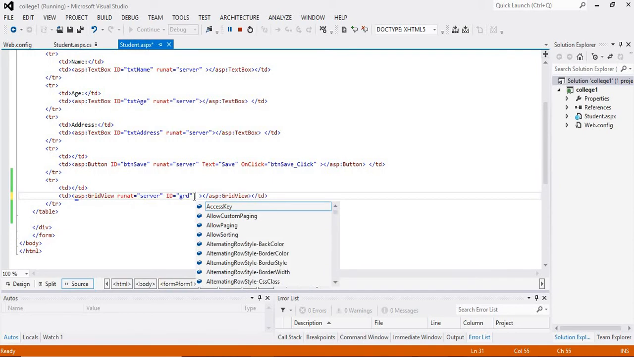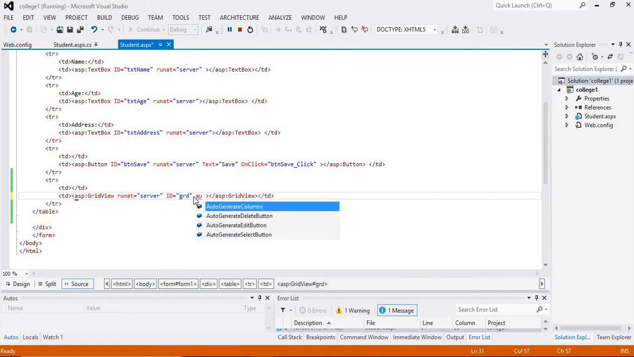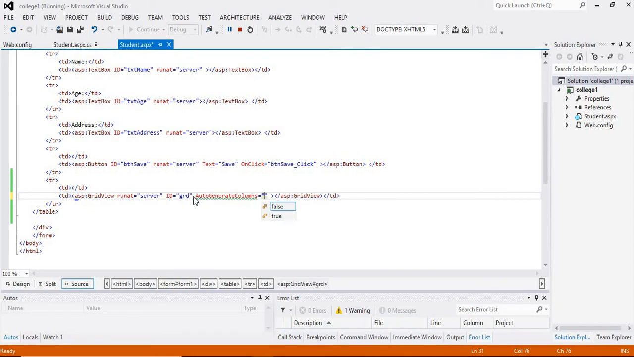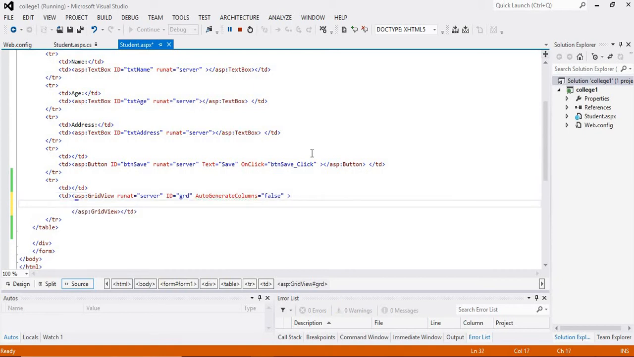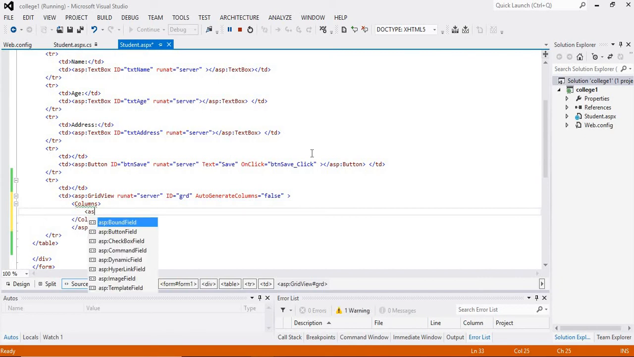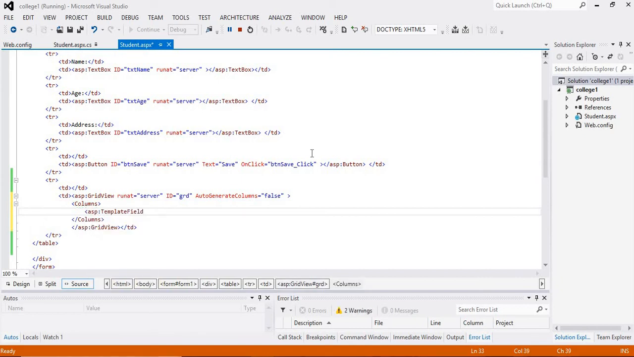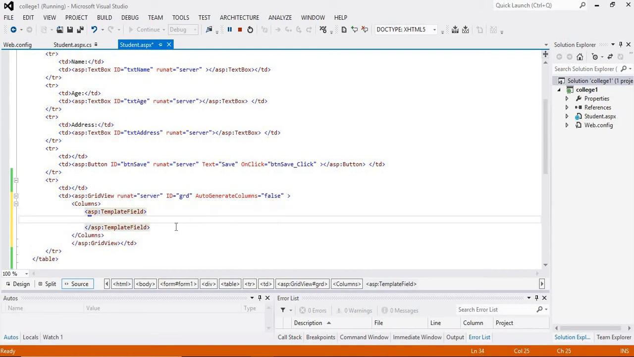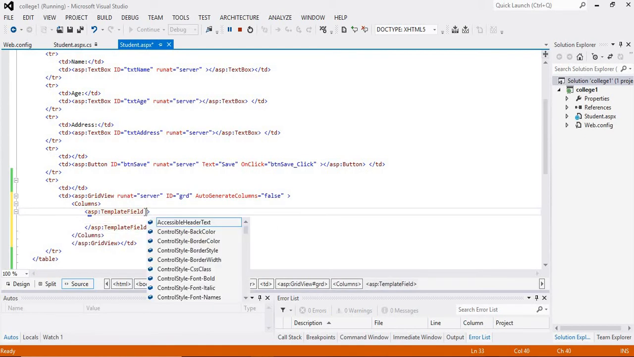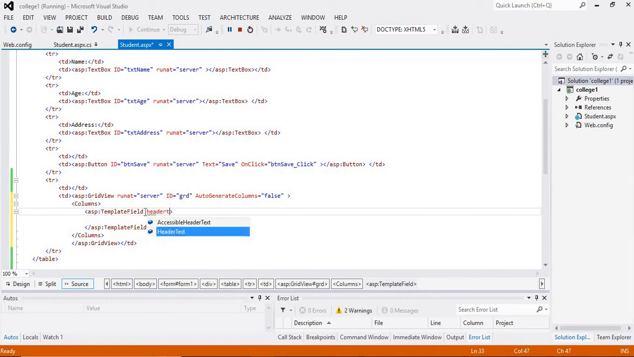Okay, first of all we have to set the value of auto generate columns to false, and then we will write some code here. Columns, and under this, ASP template field, header text. Header text will be the text that will be displayed as our table's column name,